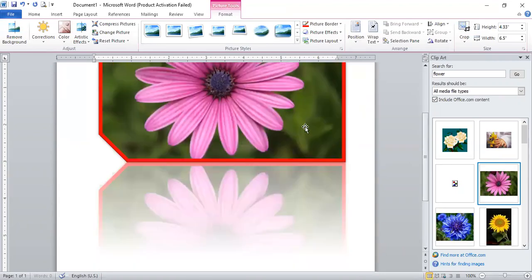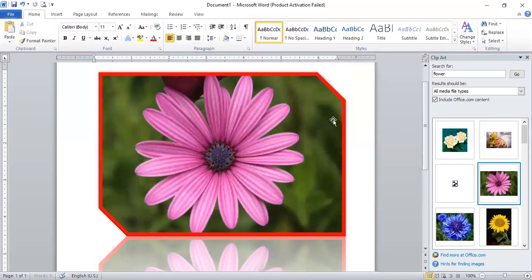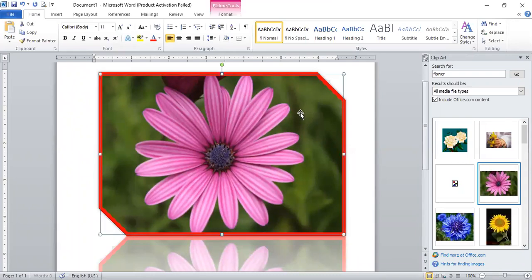Then we can also crop the image. Cropping means you just want to remove some unwanted portion of the image, right? So for that, we also have an option here in the format tab itself.